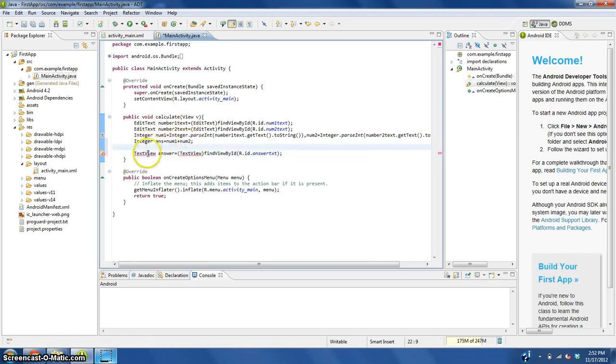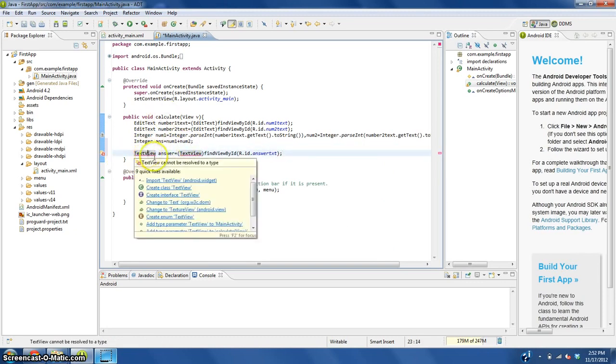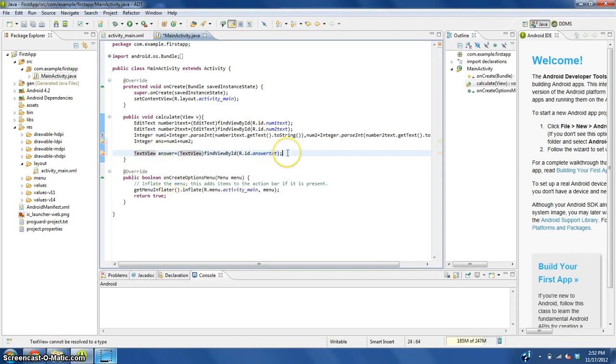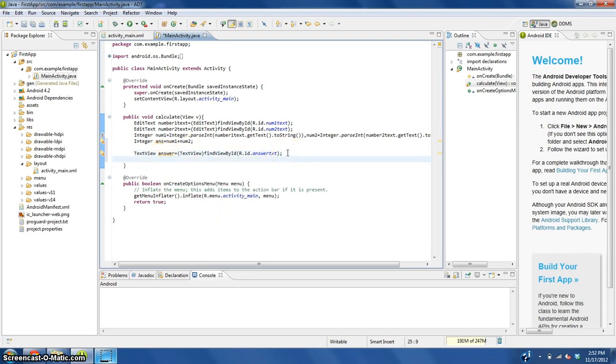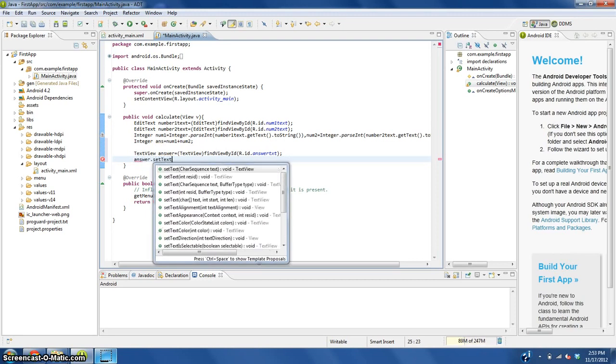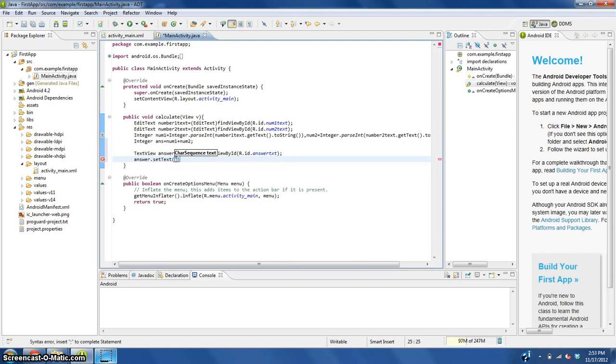Same basic concept as before, but we need to import the TextView, just like we did before with the edit text. Now this changes what we find here to a text view called answer. So we need to set the text of answer to be quotation marks, because the quotation marks tell it that this is what the text is going to say, to be answer